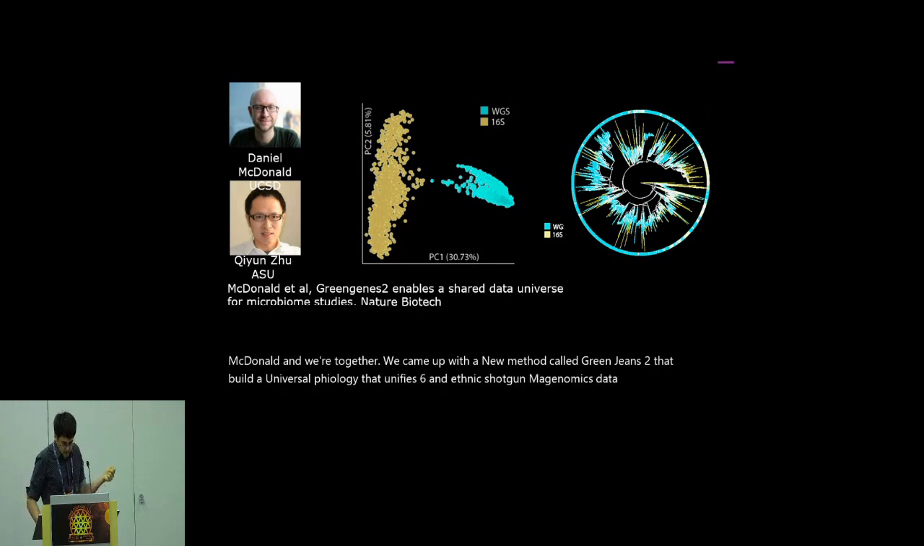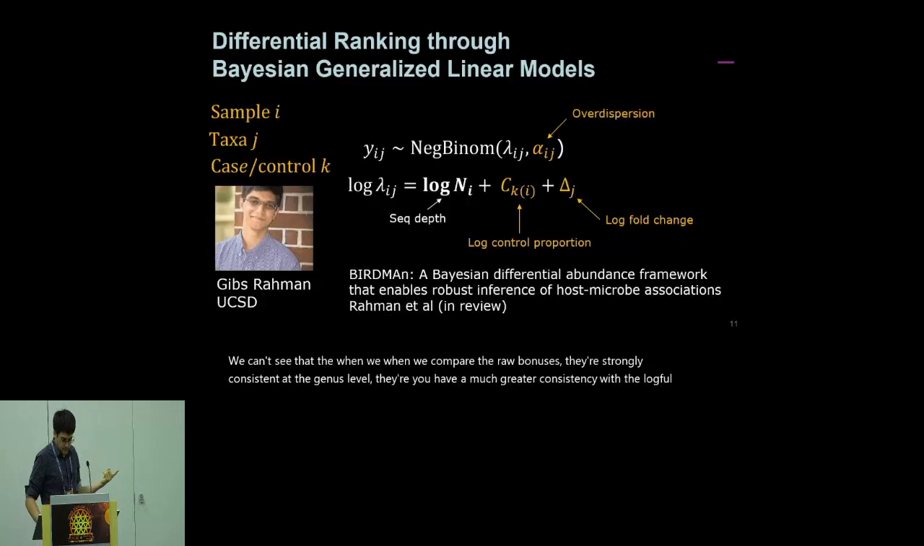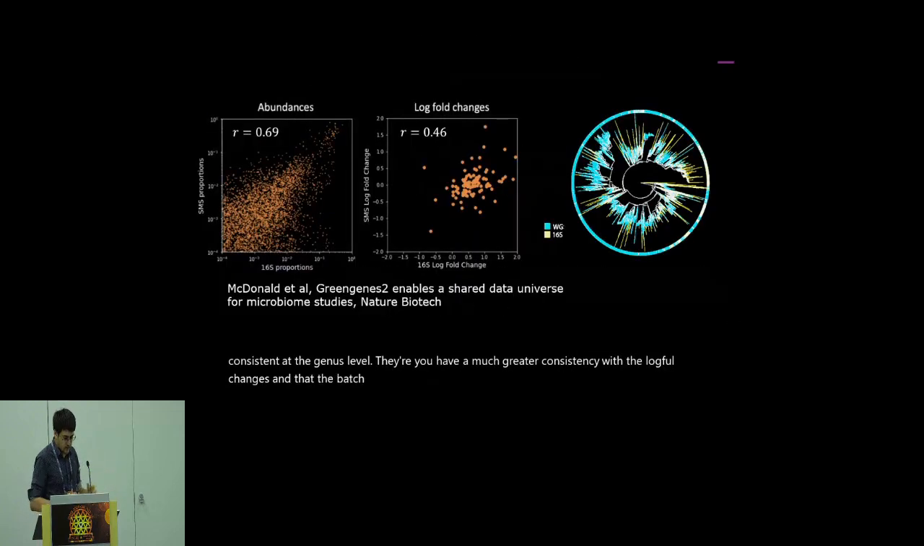Here we can see that when we compare the raw abundances, they're strongly consistent at the genus level. You have much greater consistency with the log-fold changes, and the batch effects are largely gone, giving us hope and confidence that we can combine these data sets together. Altogether, with these